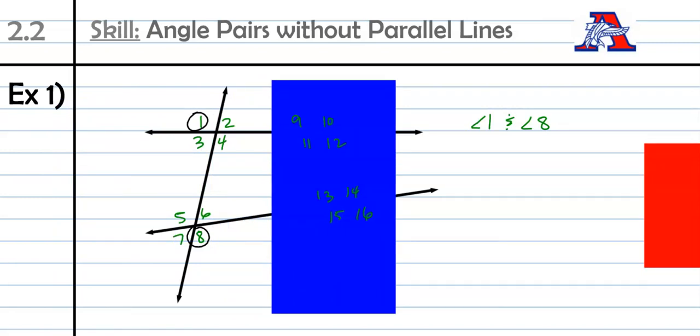We can pretend that none of that exists. You can use a piece of paper, you can use your hand to cover it up, and just focus on that one side. And now I think it's a lot easier to see that you are on the outside of your two lines. You're on opposite sides of the transversal. One's on the left and one's on the right. So those are going to be alternate exterior